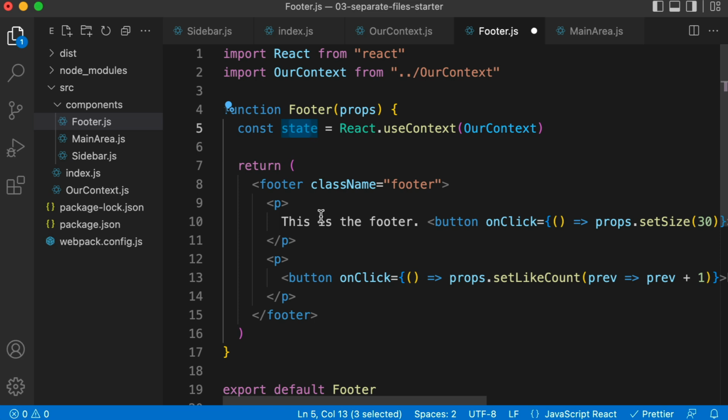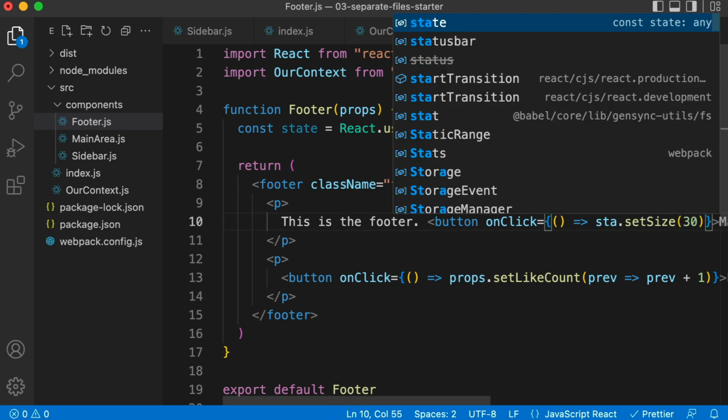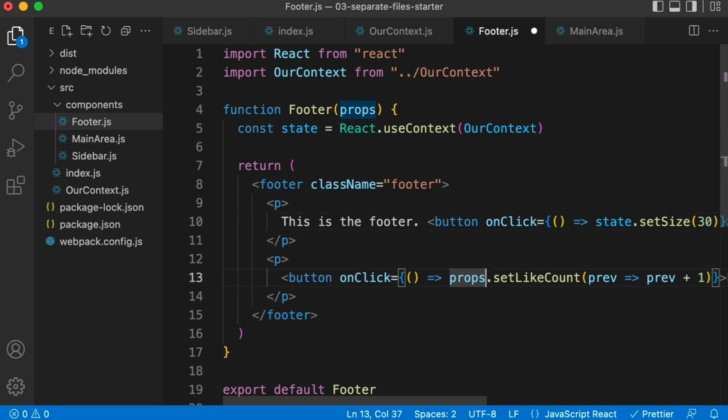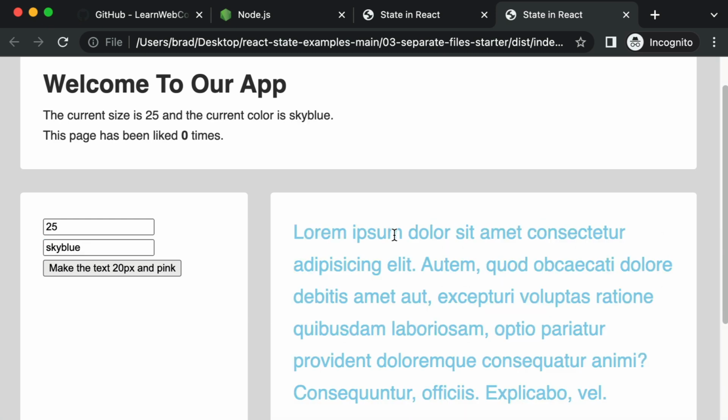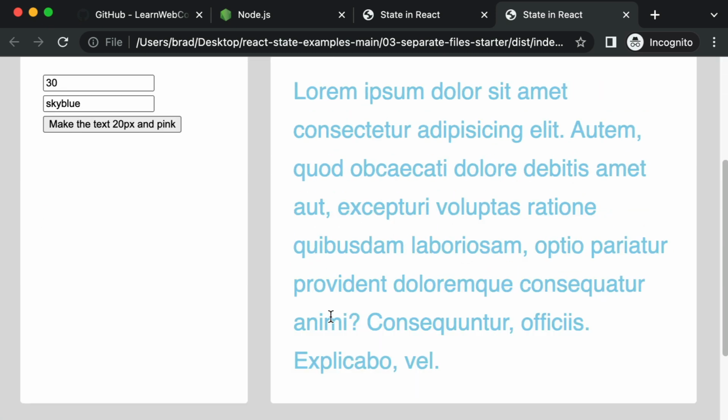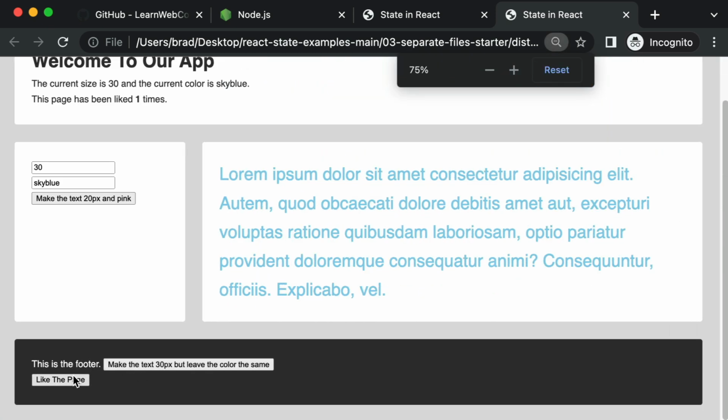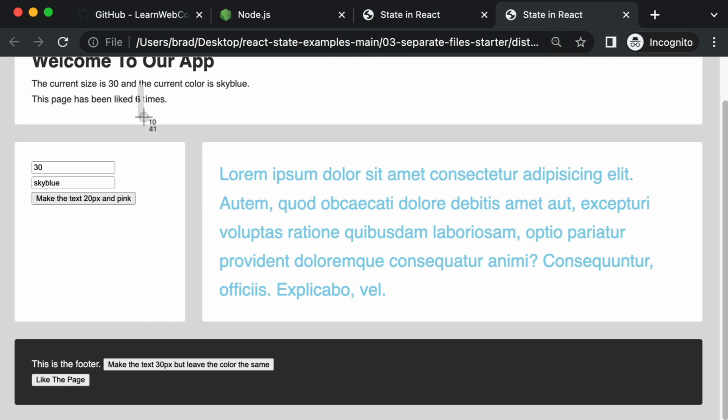Okay, now we can use state. So on this button, instead of props, it would be state.setSize, and this would be state.setLikeCount. Save it, refresh it, click this button, bumps up to 30. Let me zoom out, click the increment button. Perfect. Now that would conclude our chapter in this video on context, but remember, I did promise that I'd talk